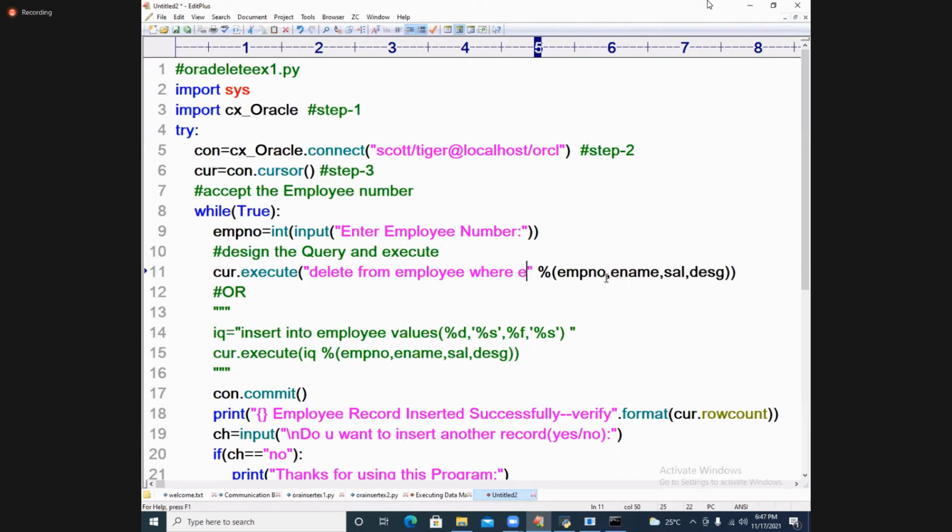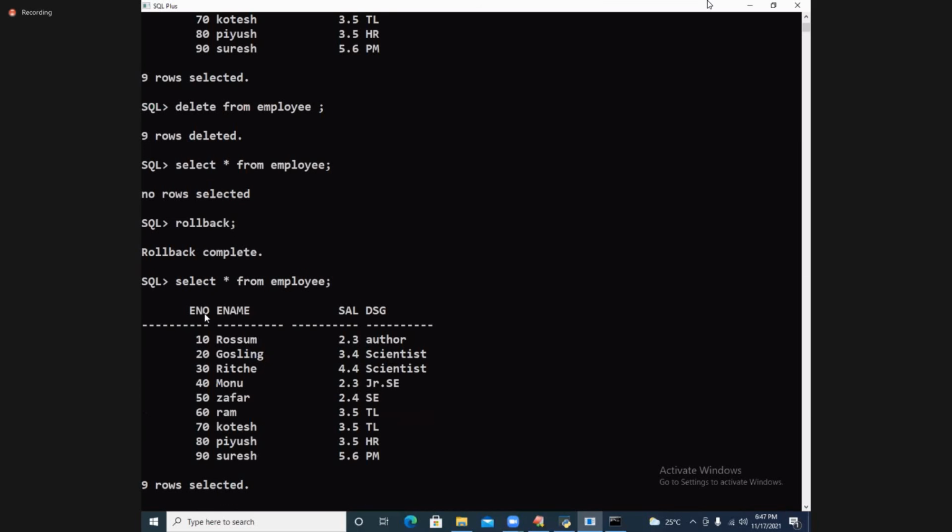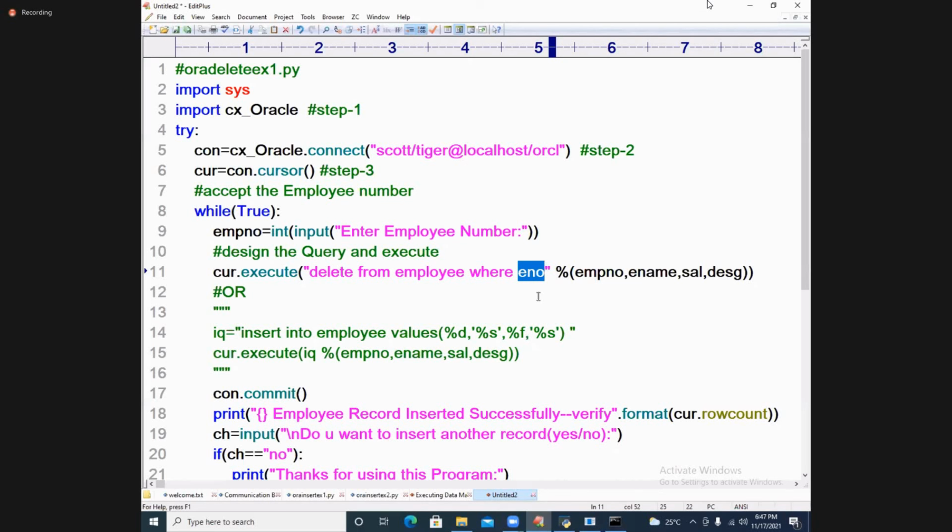EMP, ENO. Be careful, this column name should be so clear. If you write your own column name, it's a problem. An exception will come. If you write EMPNO is equal to %d, you will get an error.